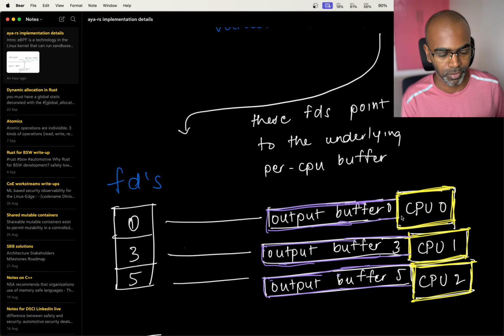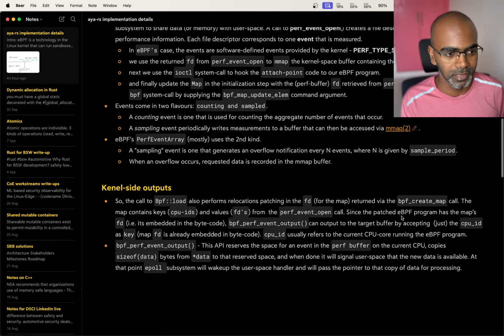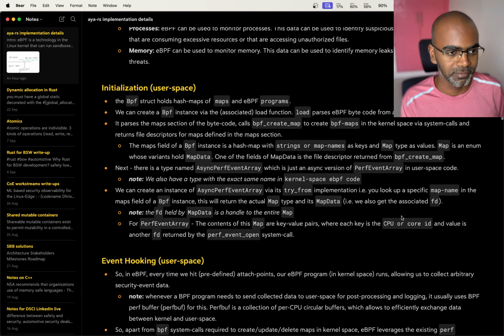That's one thing about the perf subsystem. It's a per CPU circular buffer that is only accessible by every individual CPU core. They don't actually share it. Now there's another version of this that's come out. It's called the ring buff. That's shared. It does this multiple producer single consumer thing, which I don't want to get into, but this is going to be quick. So effectively what happens is,